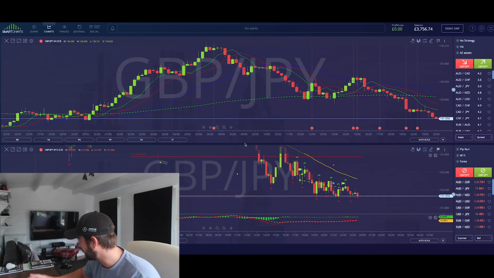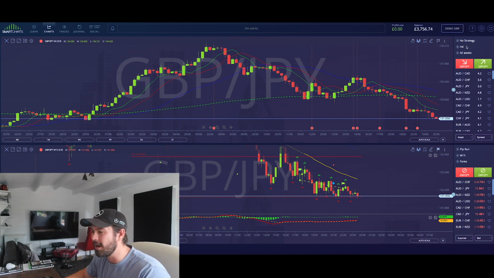Alright, so we're in my computer. I hope you can see me well in the corner. I've closed some blinds so it's not blinding behind me. So this is now my new screen setup. As you can see, this is for a pip runner strategy, but let me go back to the more basics. Pip runners tend to be a bit risque. I don't know why, I just never really favoured the pip runner, but since I've been doing it my own strategy way,